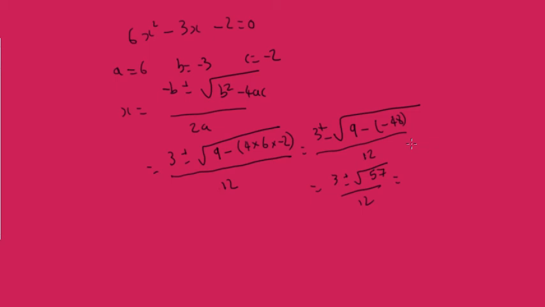The square root of 57 is going to be something horrible, so the answer will be 3 plus the square root of 57 over 12, or 3 minus the square root of 57 over 12,